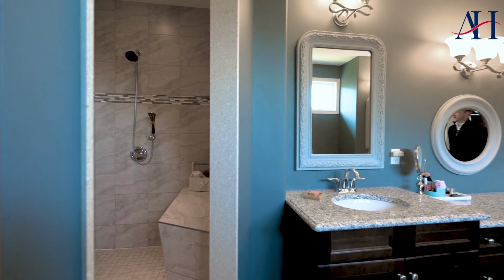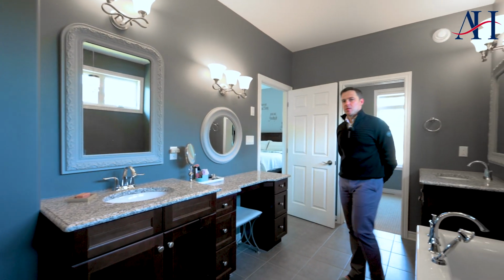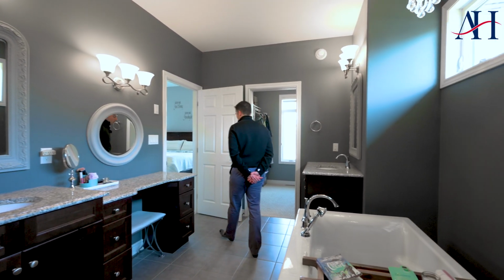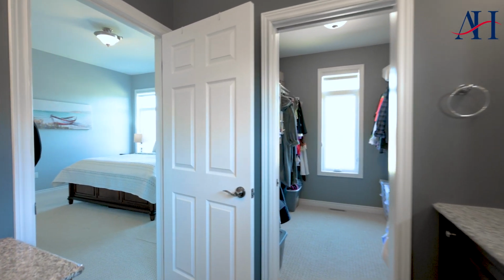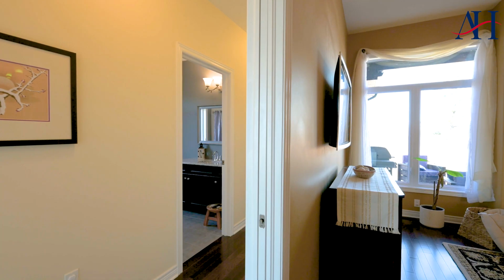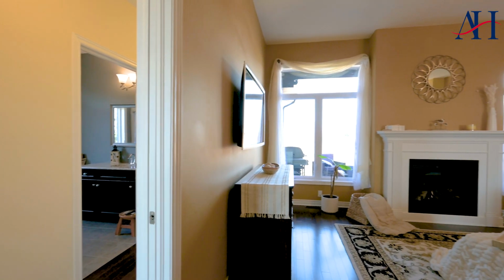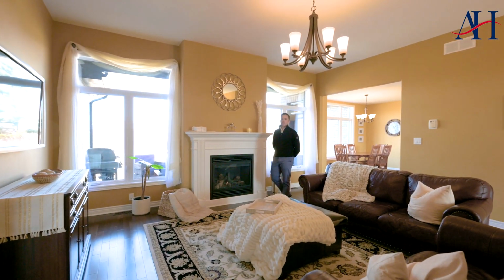And number 4 is this luxurious ensuite featuring a walk-in shower and a huge walk-in closet with its own window, and a beautiful primary bedroom overlooking the backyard. And number 5 is a thoughtful split bedroom design featuring 9 and 10-foot ceilings and a lovely fireplace in this